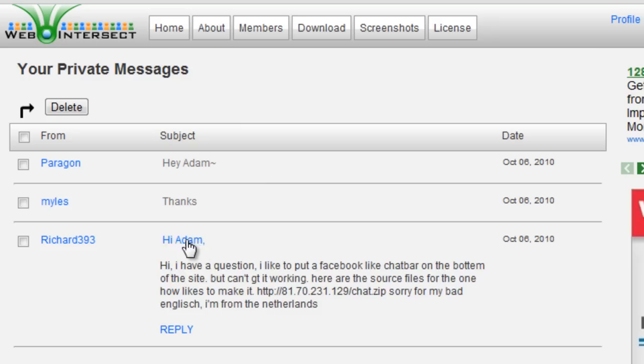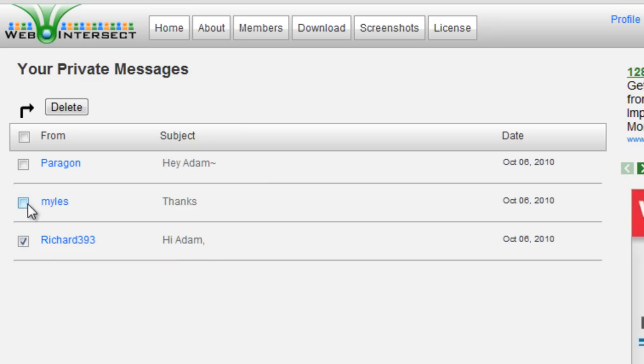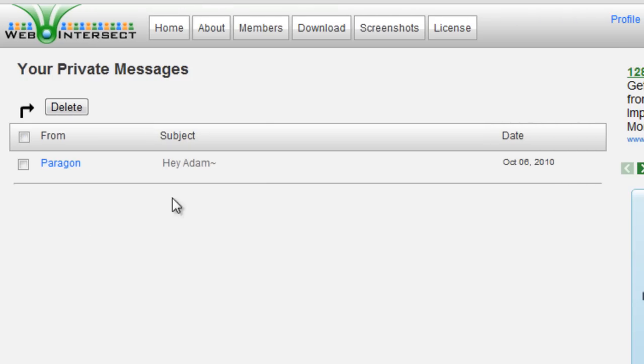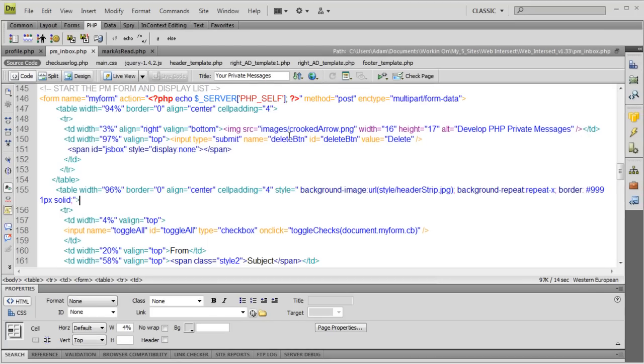It's pretty nifty. Like I said, if I want to remove these from my box, I can just delete them like that. If I select them all, I don't want them all. Maybe I want to keep that one. Delete those two. Those two are gone from my inbox. Okay, now I'm going to walk you through the code of that